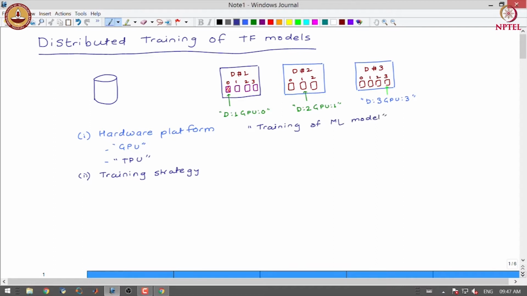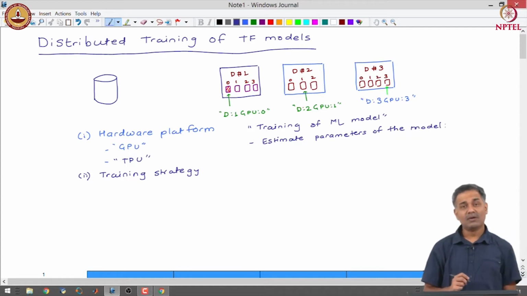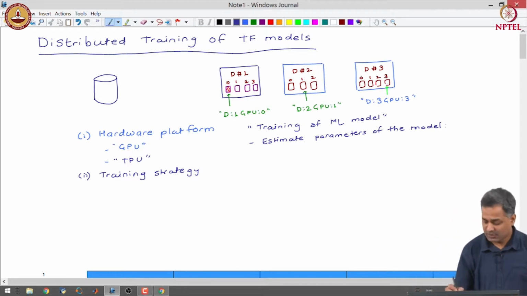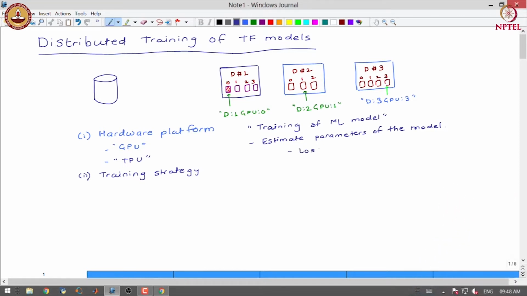By training, we mean we want to estimate the parameters of the model. You may recall from our earlier discussion that parameter estimation involves the following things. One is the loss function, and second is the optimization procedure.